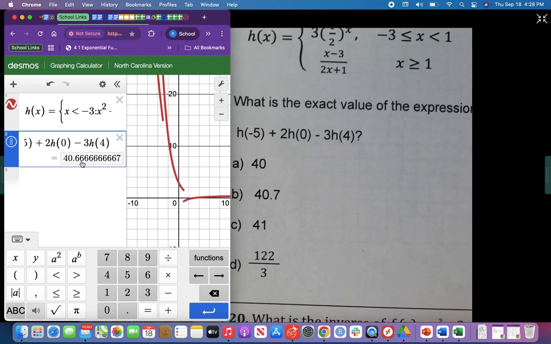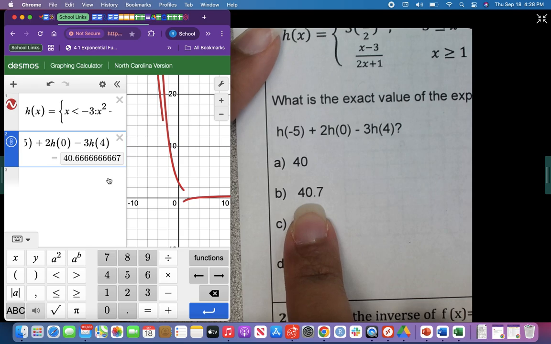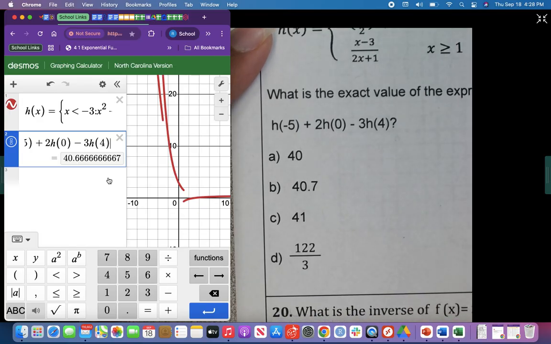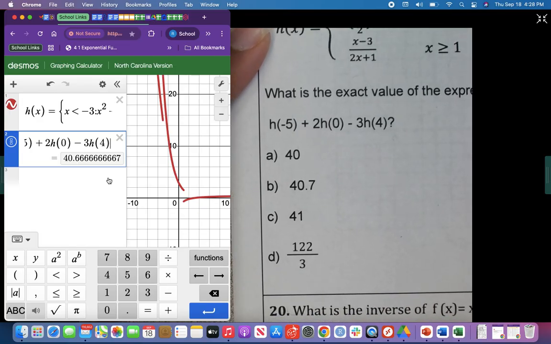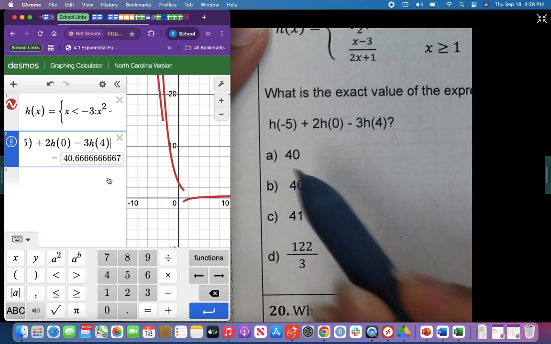So notice on this, I get 40.6 repeating. So answer choices, I've got 40, 40.7, 41, and 122 over 3. What did I tell y'all about repeating decimals? I said do not round them unless it specifically says to round them. Does this say to round them? No, it does not. It literally says what is the